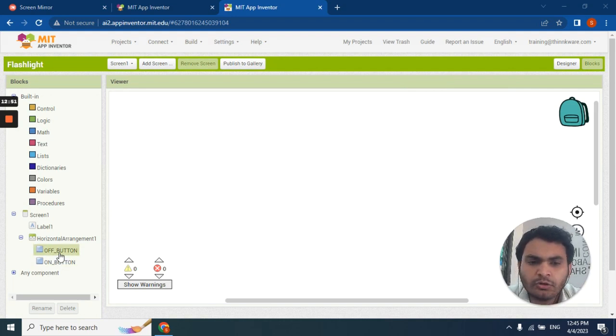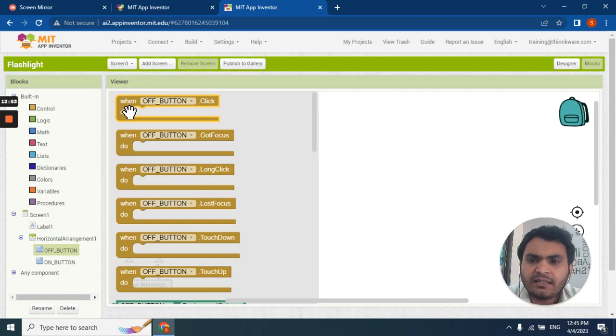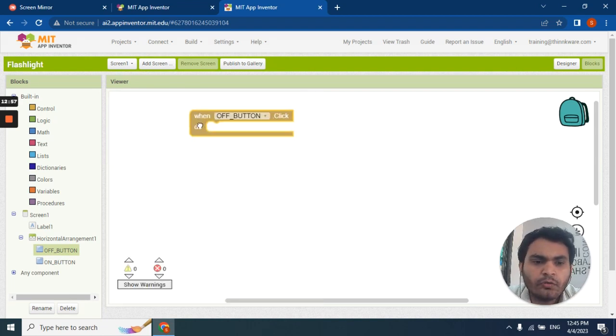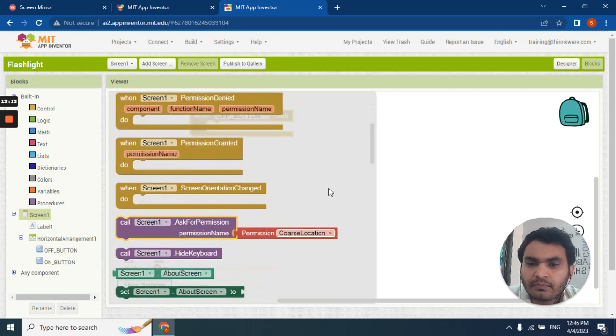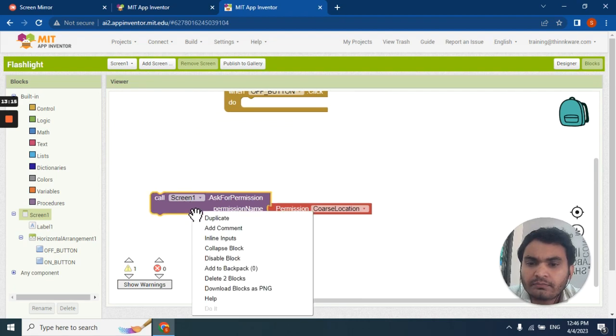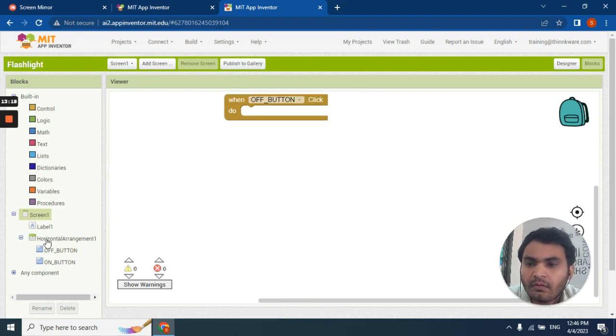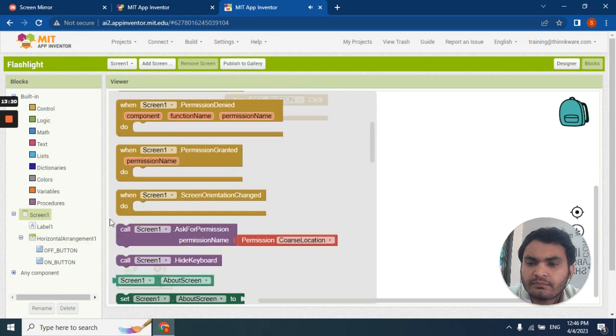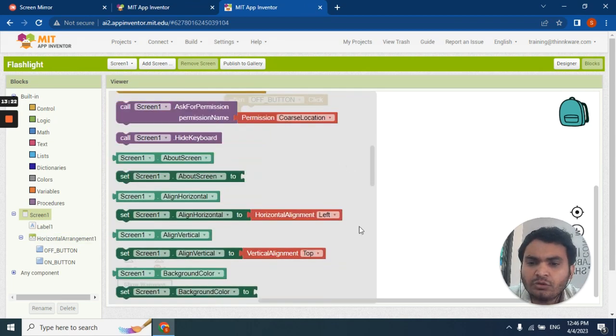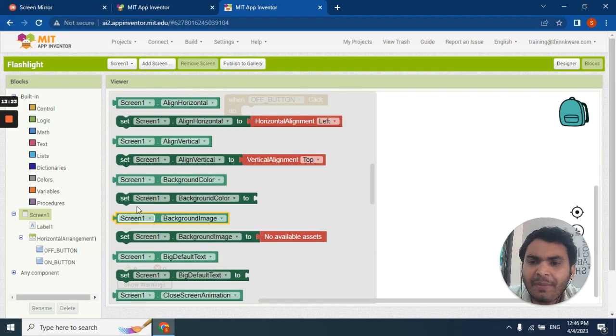Now go to off button and select the first block: when off button is clicked, do something. So when we click the off button, what should it perform? The screen background color should become black. Go to screen, scroll down and choose the block set screen background color to.